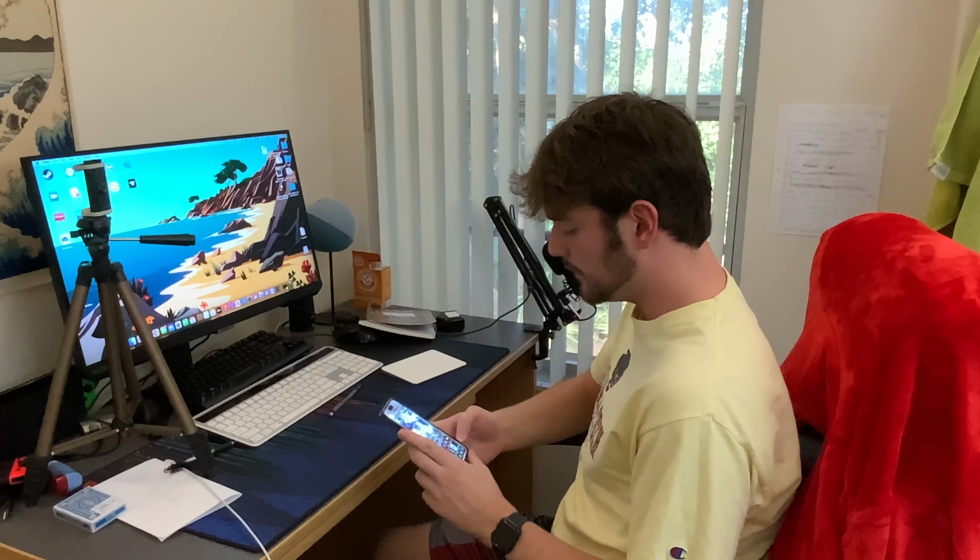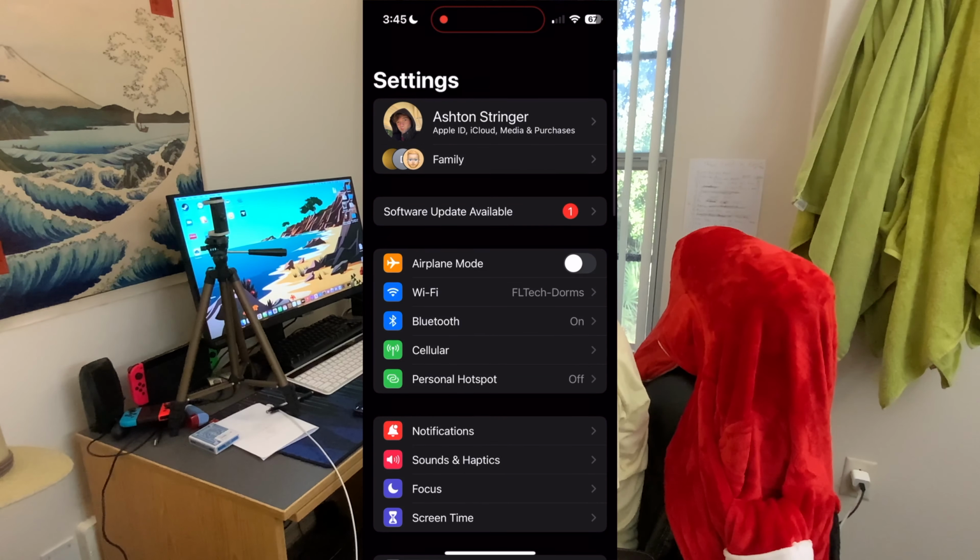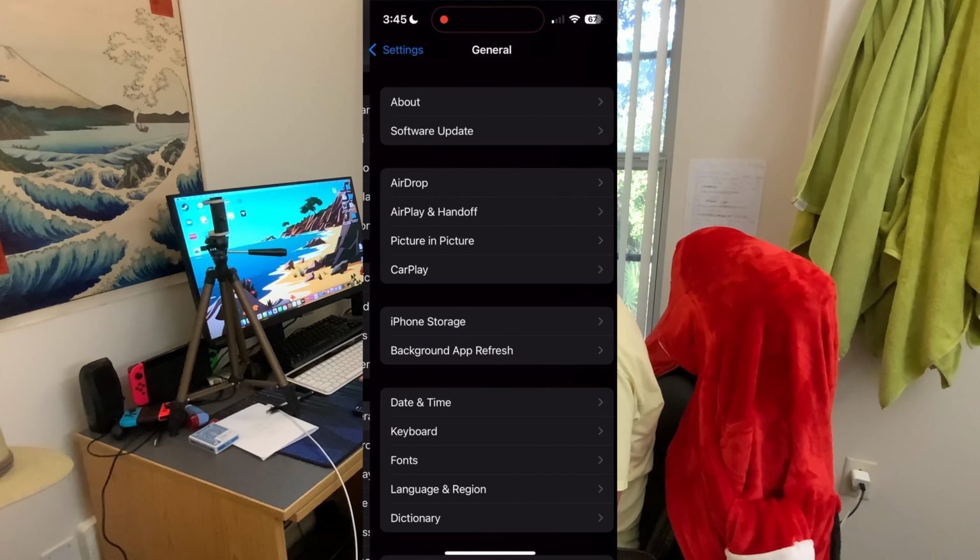Today I'm going to be teaching you how to use continuity camera on a Mac, and I'm going to include desk view. If you're not familiar with what continuity camera is, it lets you use your iPhone camera as a webcam for your Mac. So to get started, go ahead and unlock your phone, and we're going to go to Settings. Once you open Settings, you're going to go down to General, and right about here you're going to see